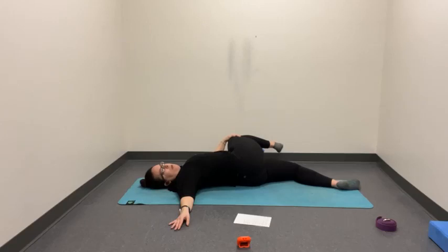You got a little more than a minute to go, and I'll let you know when that last minute is about to start so you can check back in with yourself, because I know it helps me stay present, stay focused, and relax a little bit more if I know how much time is left. And that's one of my favorite parts about counting the length of your breath or seeing how many breaths it takes to get to a minute, with the goal being to slow your breath down so that eventually it takes